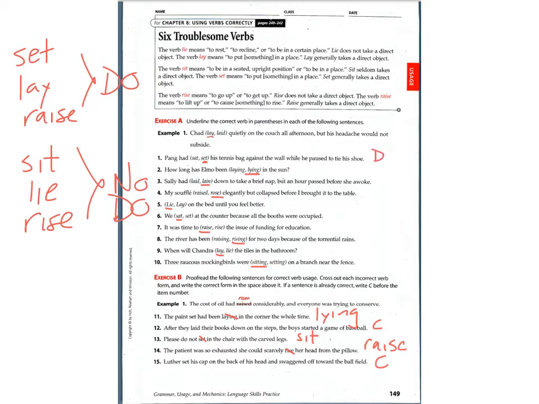Okay, so we're going to have a DO in the first one, and that's going to be bag. In number 7, we're going to have a DO, and that's going to be issue. And then in 9, we're going to have a DO, and that's going to be tiles. And that wraps up A. And then in B, we're going to have a DO in 14, and that's going to be head. And then 12 and 13 are correct as is.